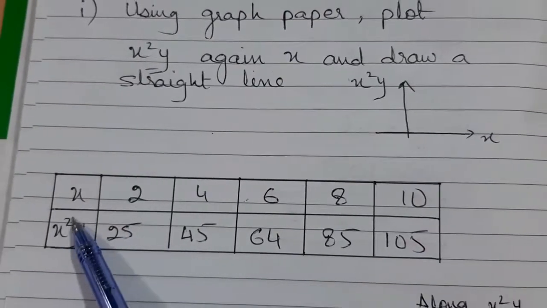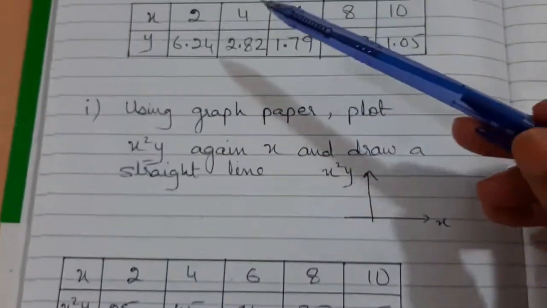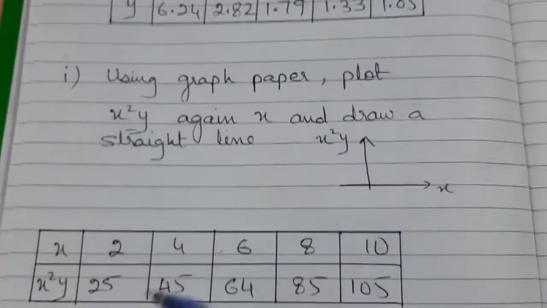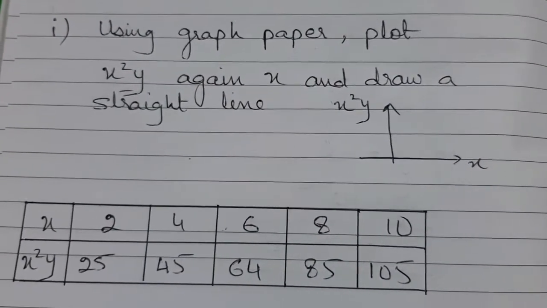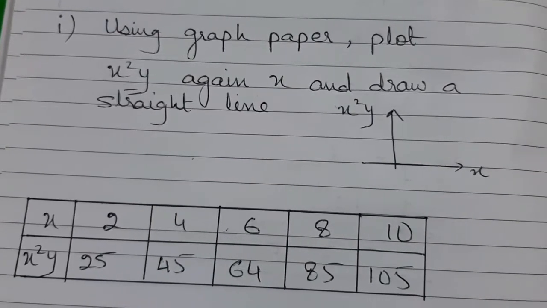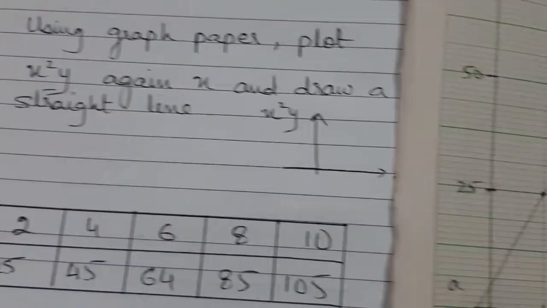So in this way you will transform the whole new table, which I have done here for you. You can see x square y. So using this table, I have changed it here. Okay, so now I have to plot this graph for these values. So you can see here,